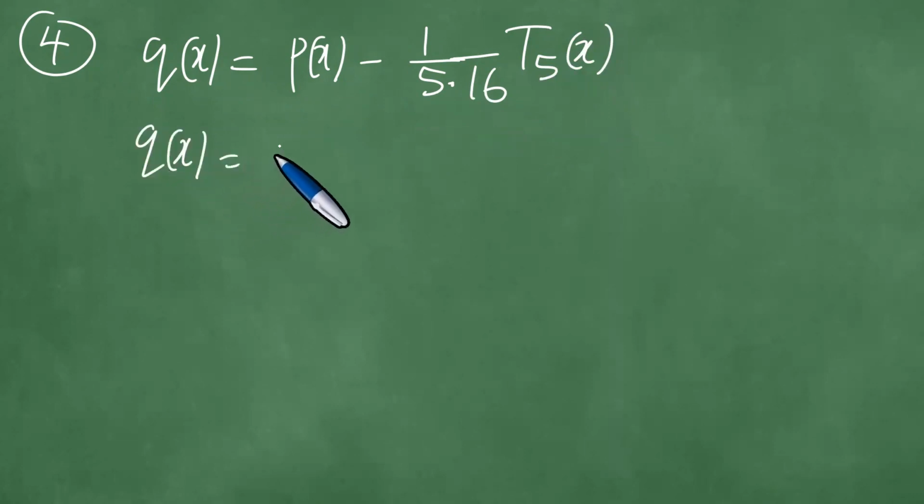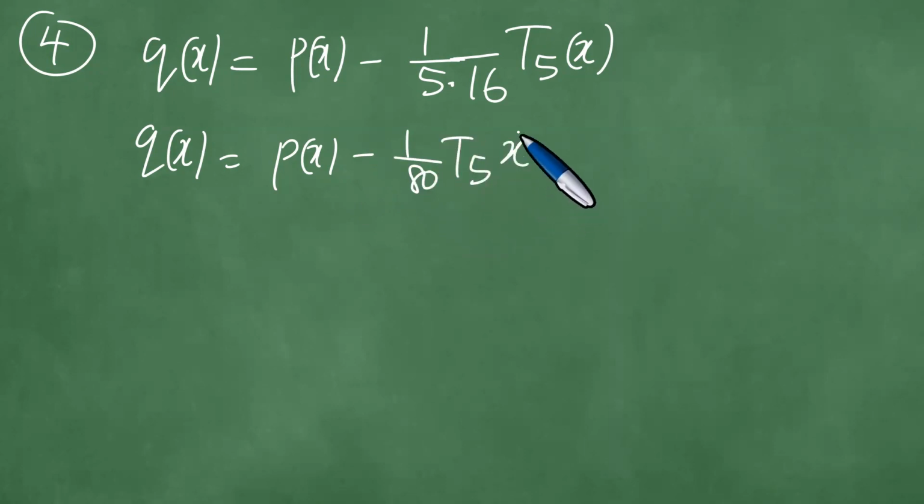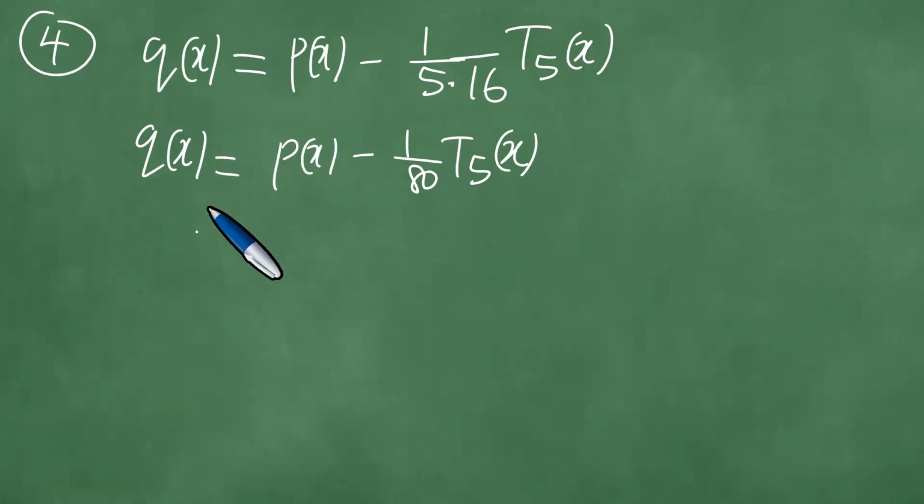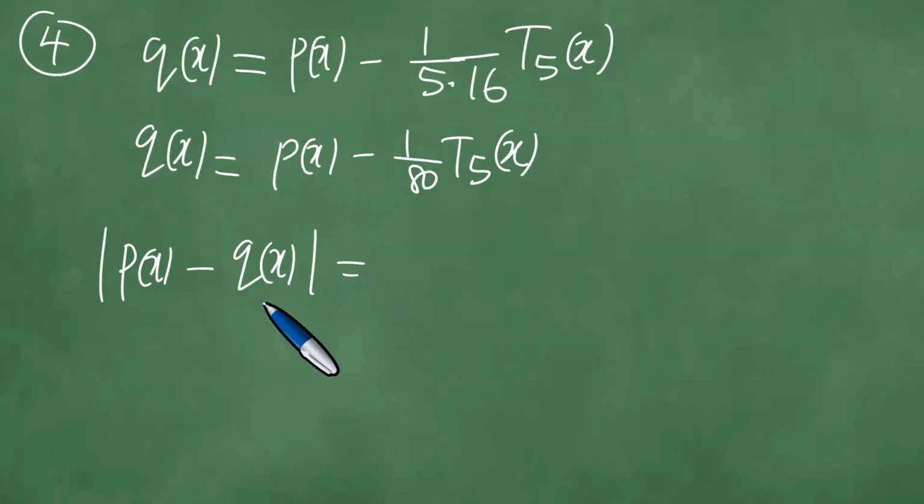Which means Q of x is P of x minus 1 out of 80, which means therefore that P of x minus Q of x, where Q of x is the economized one, with 5/16 giving 80 in the denominator, so that P minus Q therefore becomes 1 out of 80